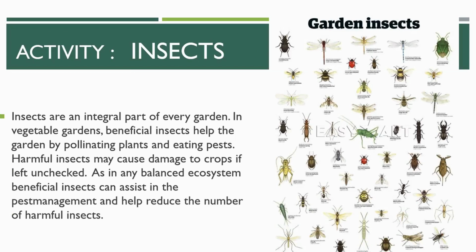The second activity is about garden insects. Insects are an integral part of every garden. In vegetable gardens, beneficial insects help the garden by pollinating plants and eating pests. Harmful insects may cause damage to crops if left unchecked. As in any balanced ecosystem, beneficial insects can exist in pest management and help reduce the number of harmful